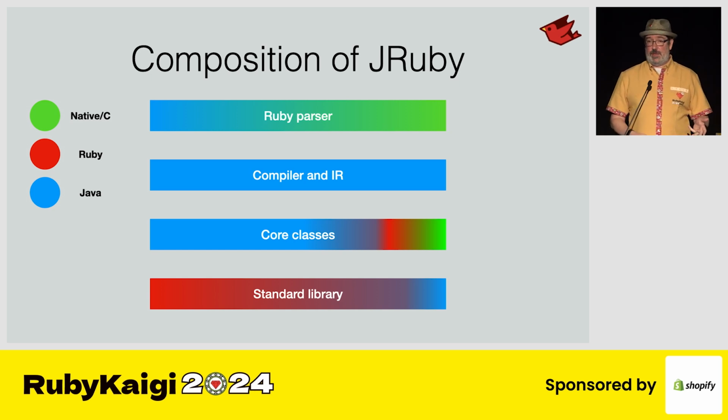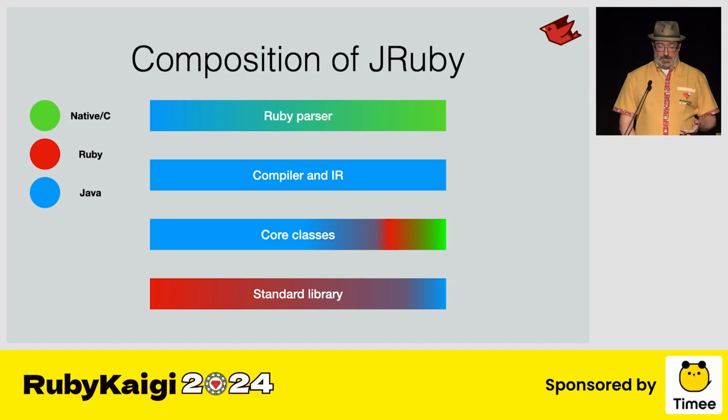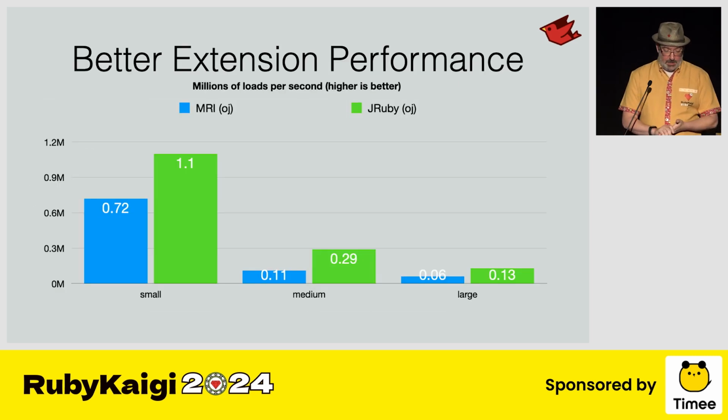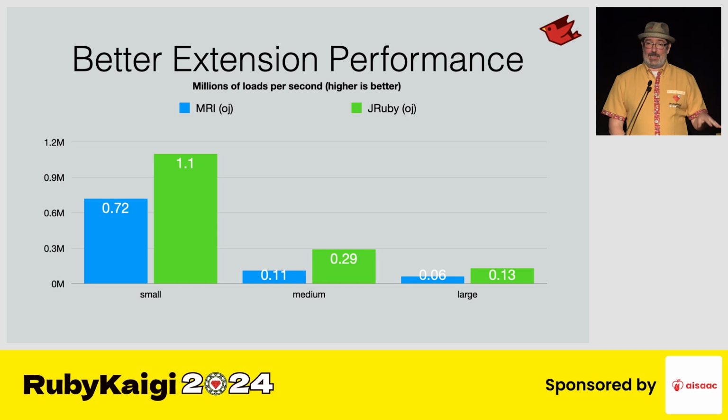And the fact that we are on the JVM, I mentioned JRuby code, Ruby code, the Java code we write inside of JRuby, all of our extensions can all inline and optimize together. So here's a comparison of one extension, OJ, the fast JSON library. We basically did just a line-by-line port of the C code for OJ to a JRuby version. And this is the performance difference that we get. It's exactly the same code, but running on the JVM and inlining with the Ruby code gets us this much